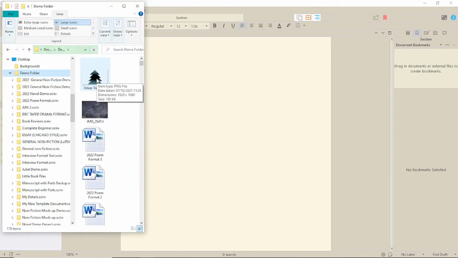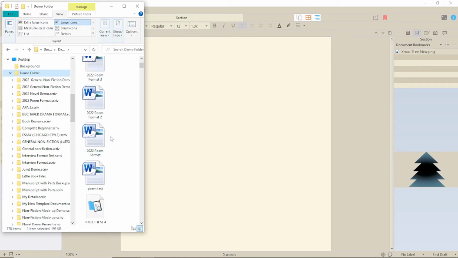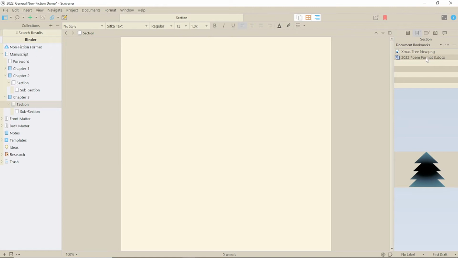Then all you have to do is find the document you want to link on your desktop and drag it into the box. It will load that item. If it's an image, it will show a slightly bigger than thumbnail size of the image. If it's a compatible other word processor document, it will convert the text for easy reference. It will do this every time you click on it.